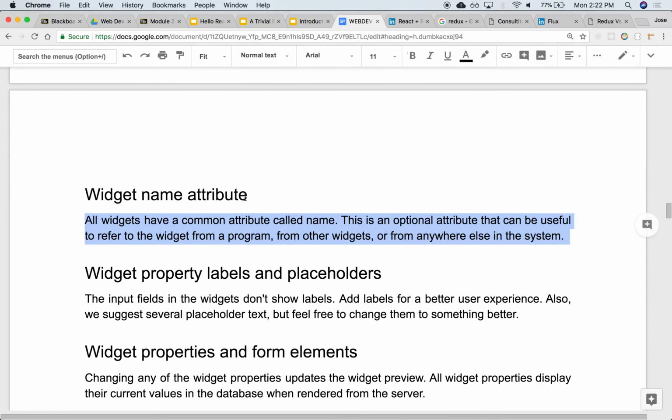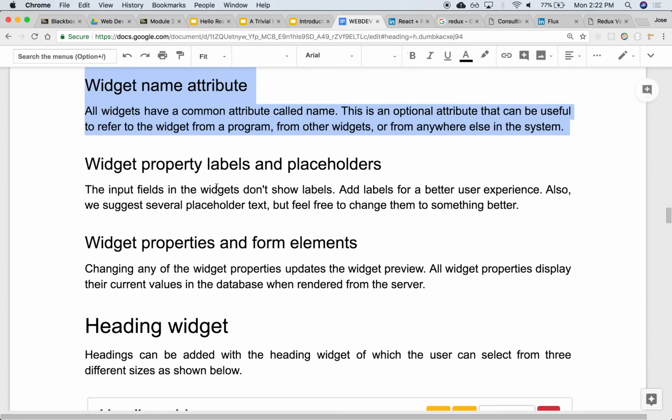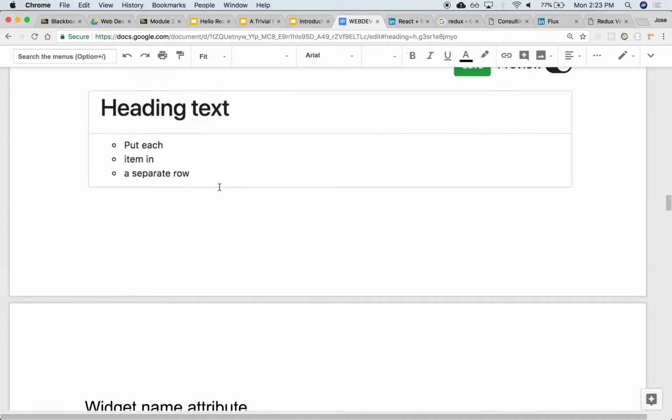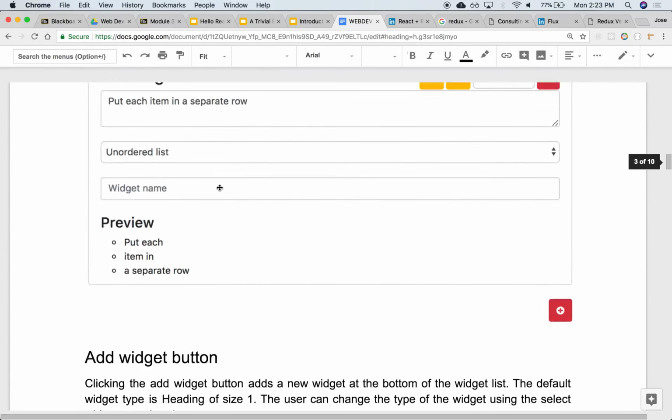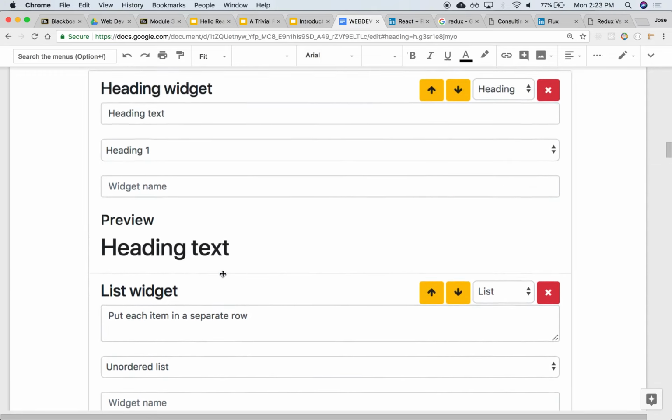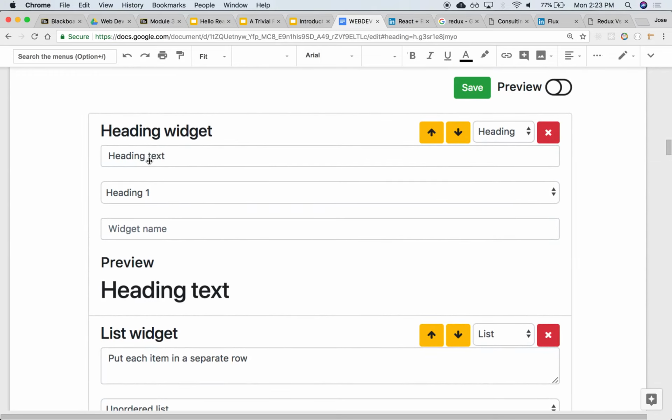Widget name attribute. So all widgets have a widget name attribute. Notice that, as we'll see in a minute, all these forms don't have labels. See that they don't have labels. Instead of having a label, this is just a placeholder, grayed out. They don't have labels, but